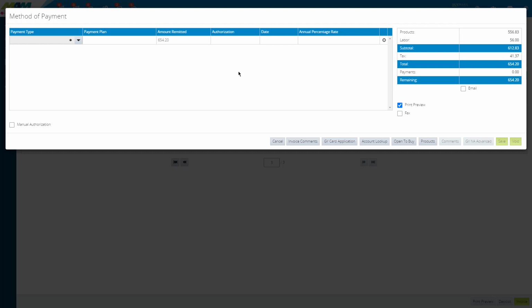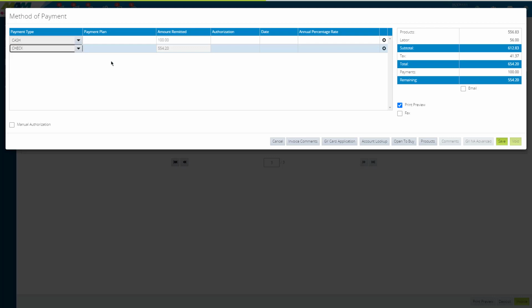From here, if the customer wanted to put down, let's say $100 cash, I can go through here on the payment type and say that it was cash, and the amount remitted is going to default to the full amount owed. But you can type in over that. In this case, I'm going to say it's $100. Through Vast Online, you can actually do multiple payment types all against one invoice. So if the customer wanted to put down $100 cash, and then maybe a check for $250, you can apply multiple payments back over. If I click on Save,